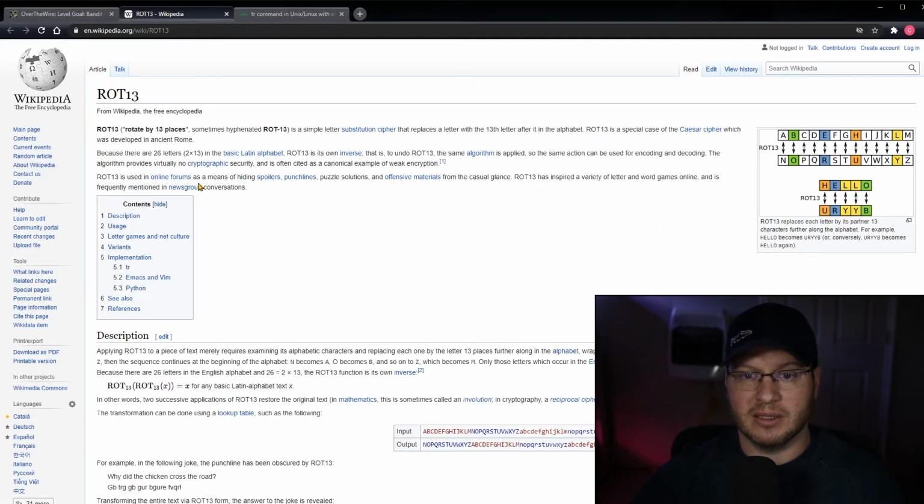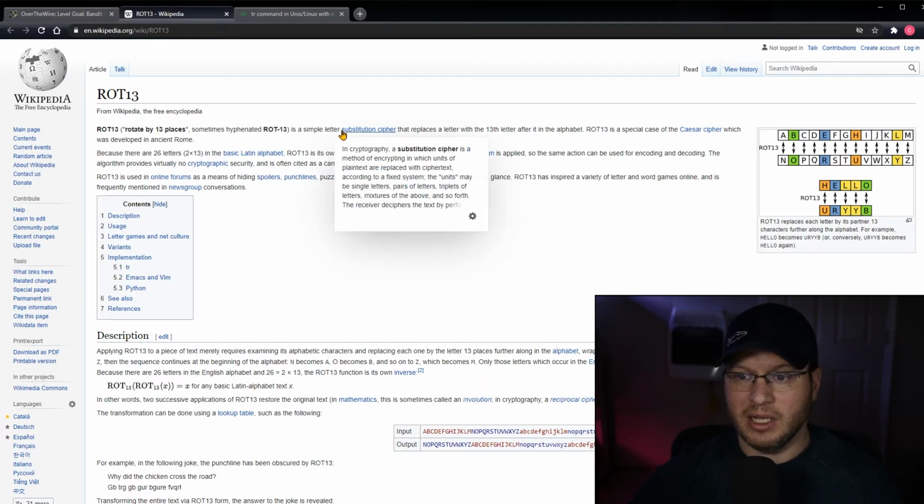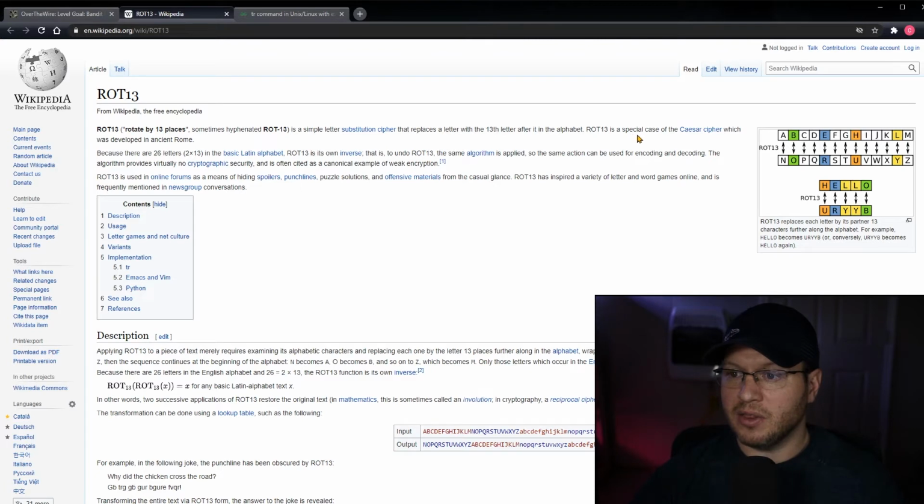And if you don't know what that is, when you click into it, it tells you it's a simple letter substitution cipher. ROT13 is a special case of the Caesar cipher, which was developed in ancient Rome. We're talking about some of the most basic encryption known to man, but it's really cool because a lot of encryption, once it gets going and starts encrypting data, is really hard to keep track of. You have to have a solid understanding of cryptography to keep up with it. However, with this one, it's a fantastic introduction to encryption because it's pretty easy to follow along as it does